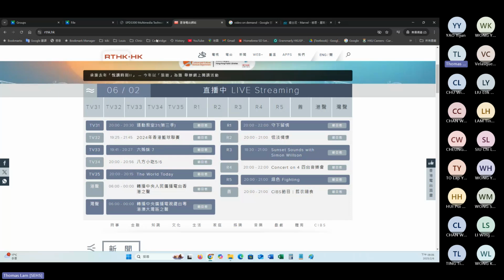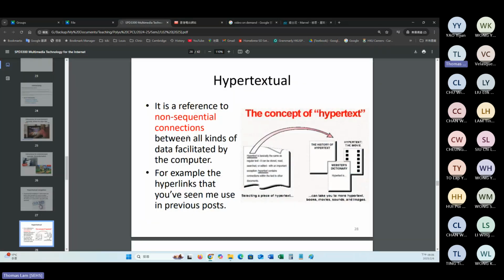Again, the hypertext must be carefully designed because it's a kind of non-sequential connection. It can link to different parts of the content in the website. And the hypertext may not be used for websites only. It may be used somewhere else.